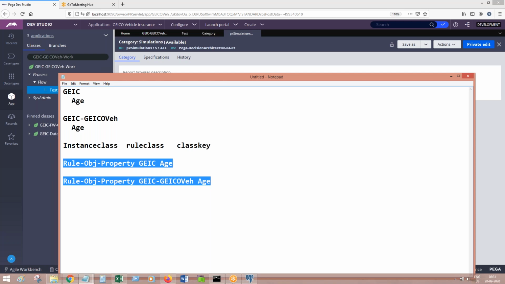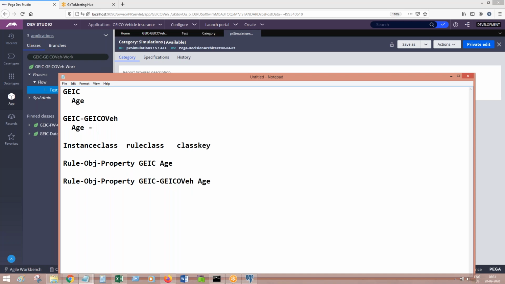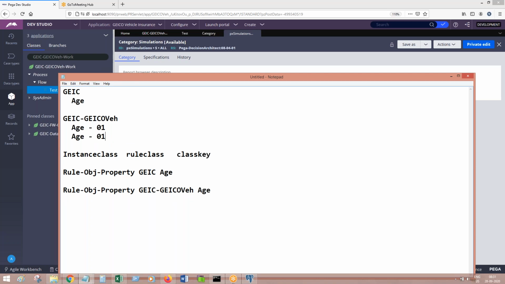Now this age property here is there in ruleset version 1. Can I have the same property in the same class with version 2? Is it possible or not possible? Yes. So if you have the age property in the same class with two versions, is this pzInsKey okay?